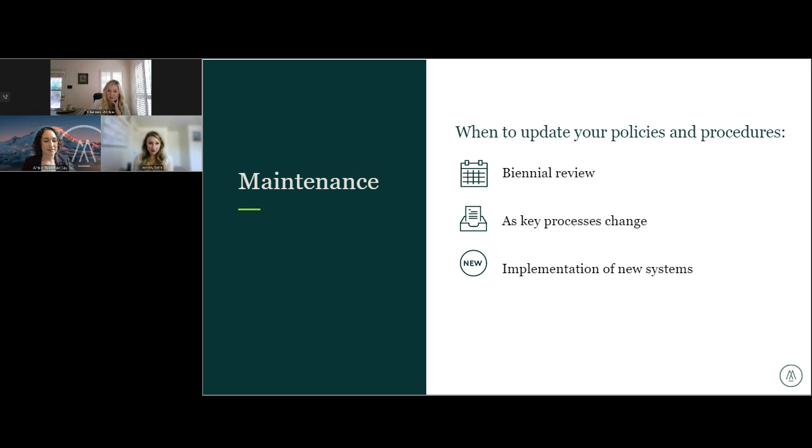If neither of those things have happened, we recommend a biennial review of the policy, with the goal being to reduce the need for a complete overhaul that occurs when you neglect your policies and procedures for 5, 10, 15, 20 years, which we have seen. So those smaller changes over time will help keep your organization consistent, reduce the workload associated with keeping these up,